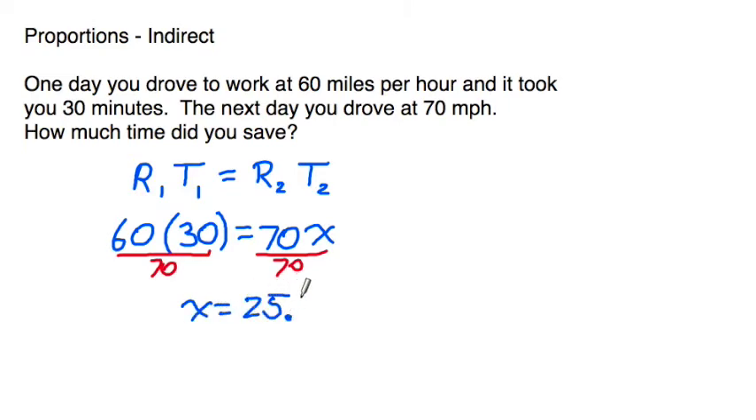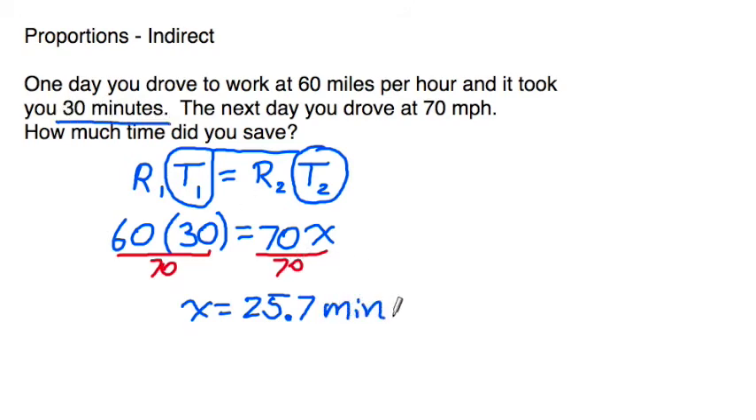Now again, because the measurements aren't being carried through the problem, you have to go back to the beginning. X represents T2. T2 is going to have the same measurement as T1, and T1 was measured in minutes. So this would be minutes. All right, but that doesn't answer the question. It says, how much time did you save? So you take your original 30 minutes, you subtract away your 25.7 minutes,